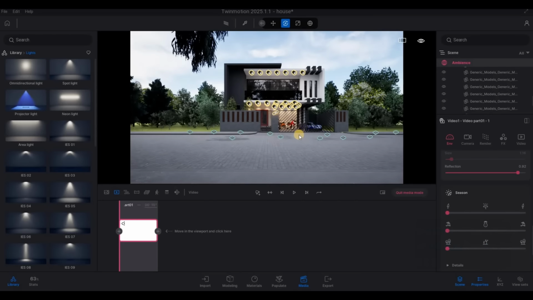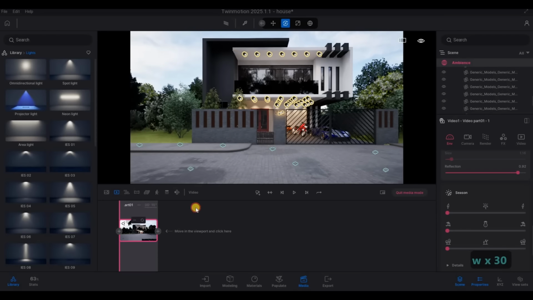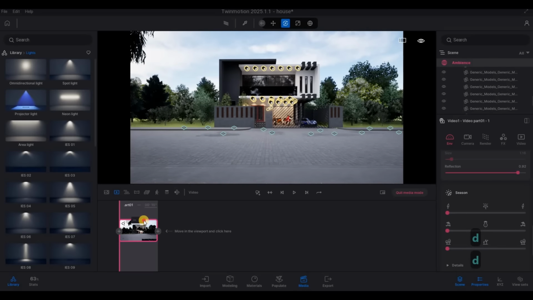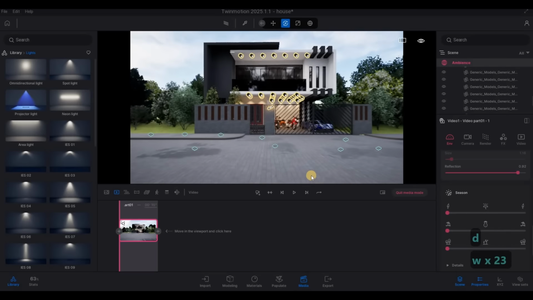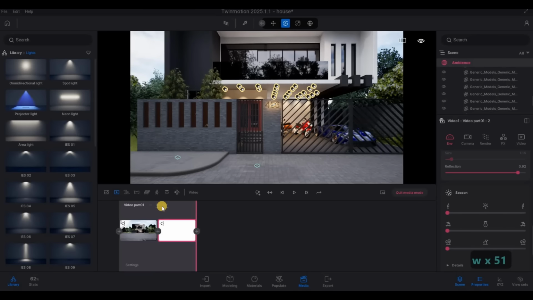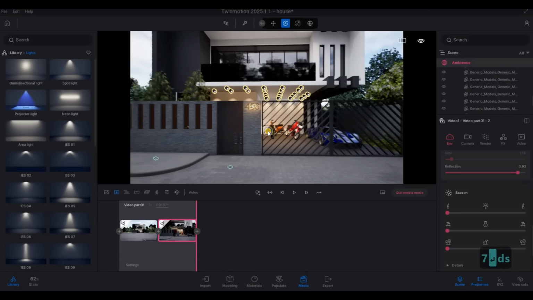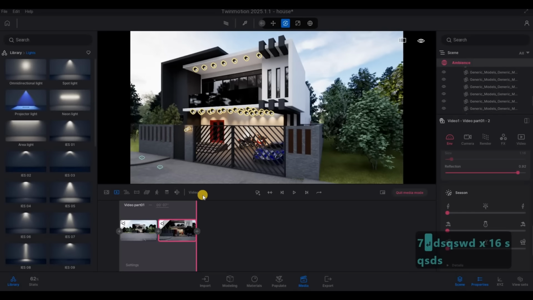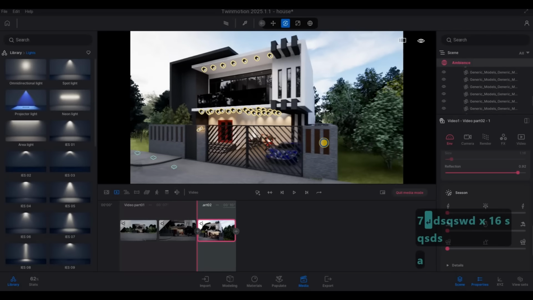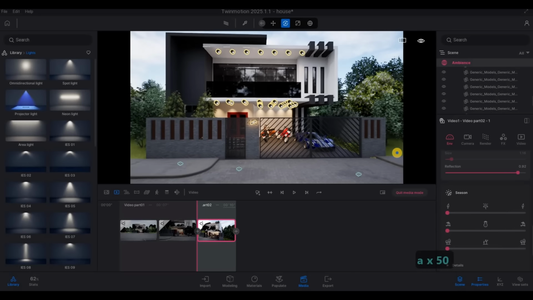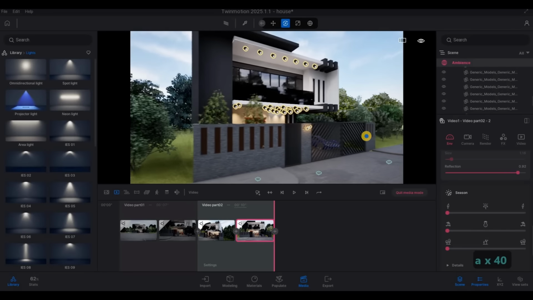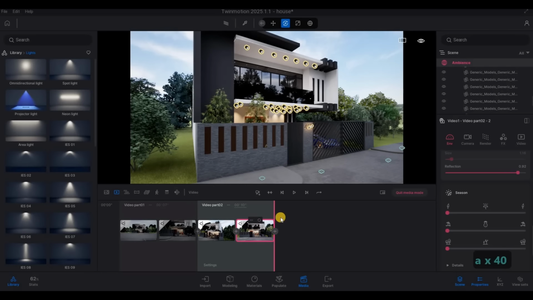So create, refresh here, seven, click here, add, and then add,